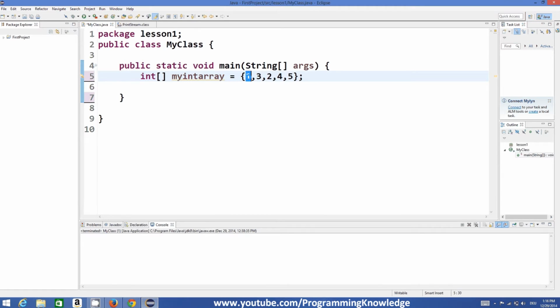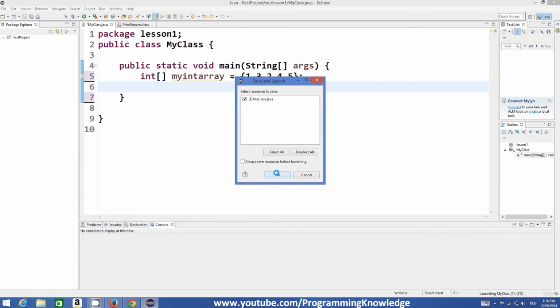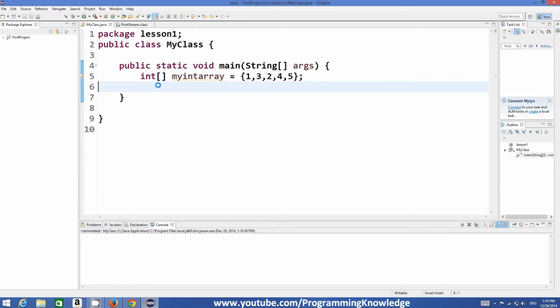So it can store multiple integers. We have stored right now 5 integers in this array, right? And when you compile it, it will work fine. There is another way of declaring an array, which is like this. You just use your data type and then my int